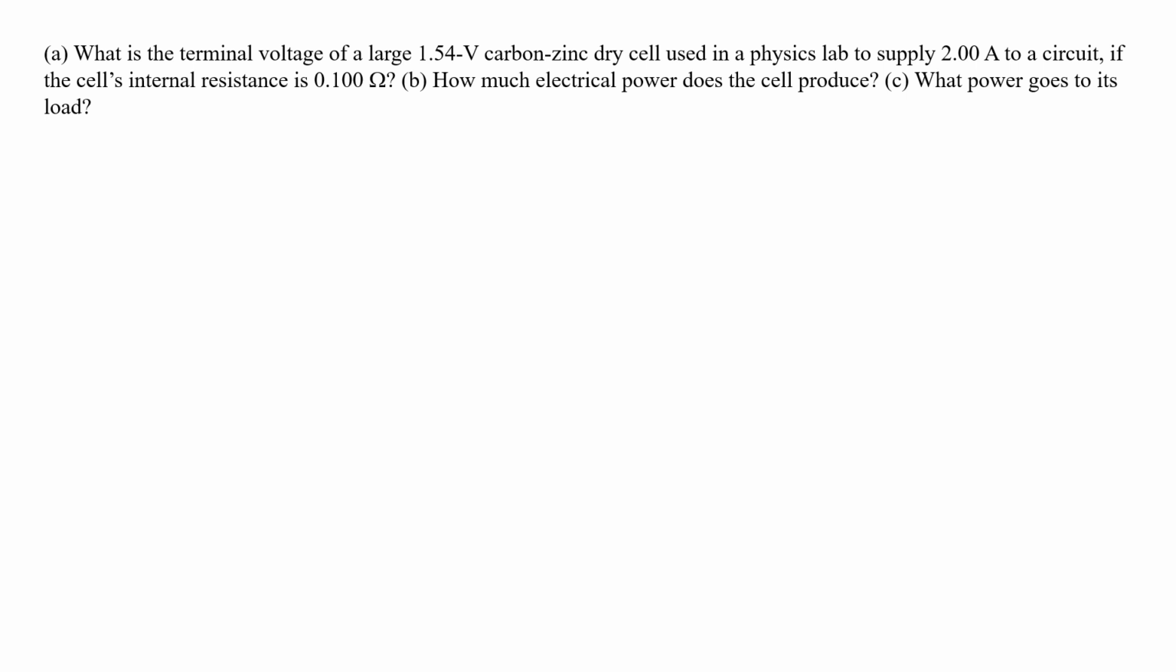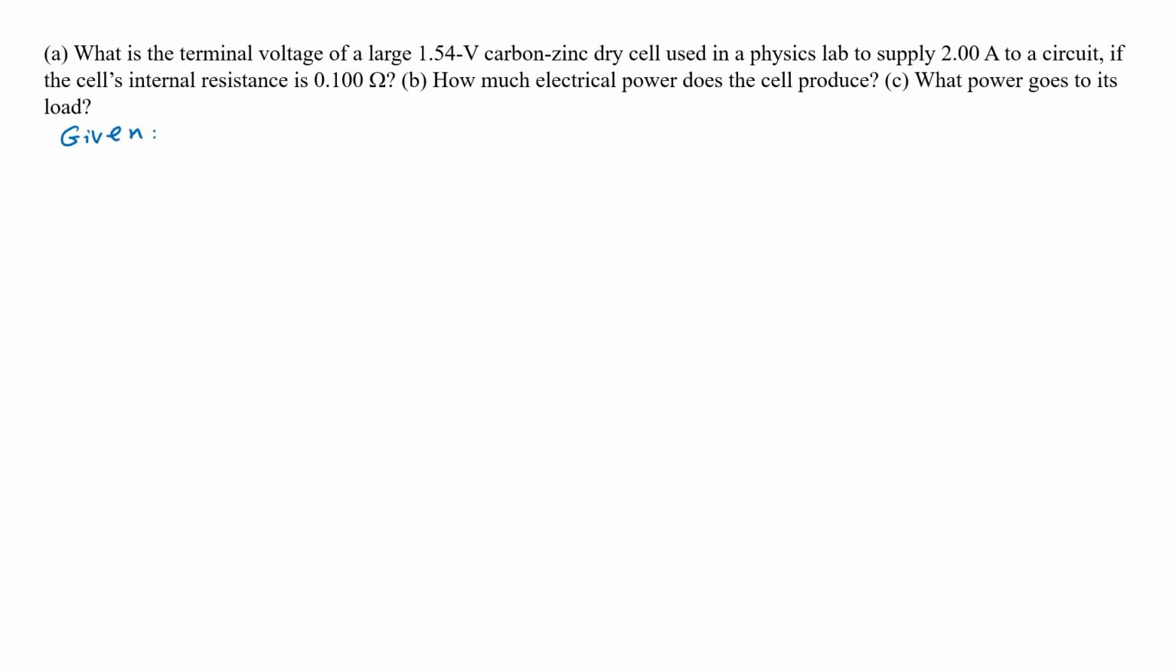A. What is the terminal voltage of a large 1.54 volt carbon zinc dry cell used in physics lab to supply 2.00 amp to a circuit if the cell's internal resistance is 0.100 ohm? Alright, given